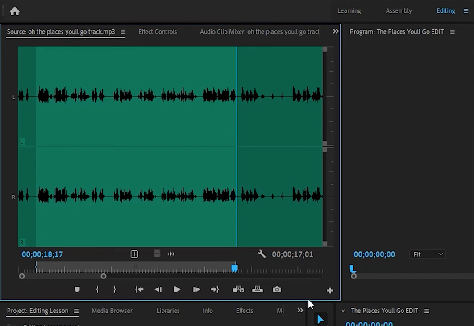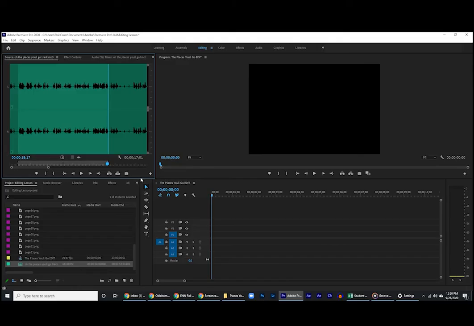The second button looks like a tiny box that is being overlaid on a long rectangle. This is the Overwrite button. Overwrite editing takes whatever you've selected in your source window and places it over whatever is already in your timeline, essentially deleting what was there and replacing it with what you've selected. Because there isn't anything in our timeline yet, this too will work for right now. Down the road in your project, you will want to be careful about using this, because if you've set an endpoint in the wrong spot, you could delete over something you didn't want to get rid of.